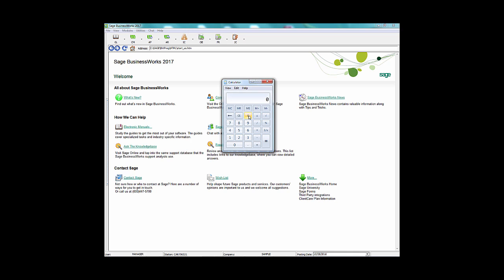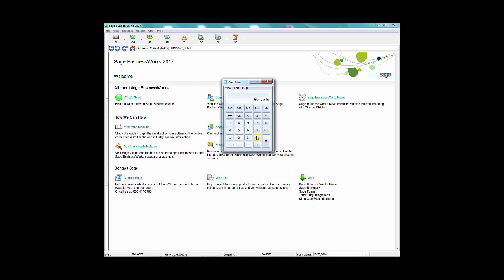Okay, so I know that I want to withhold OASDI of 6.2%. So I take my 6.2% plus Medicare, which I know is 1.45%. Those total 7.65%. Now I'm going to clear this out, take my 100%, or 100, and I need to subtract the 7.65%, or the 7.65 that I am going to be withholding for OASDI and Medicare. That equals